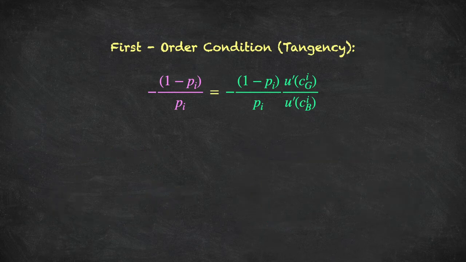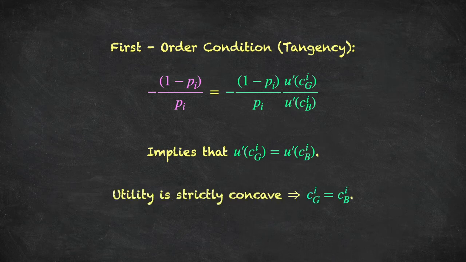And of course, this means that the ratio of marginal utilities term has to equal 1. And so at the equilibrium contract, the marginal utility of consumption in the good state has to equal the marginal utility of consumption in the bad state. Now, remember that we've assumed utility is strictly concave, and so marginal utility is always changing. As consumption increases, marginal utility is decreasing. It's always positive, but it's always decreasing as we increase the level of consumption. And so the only way this equation can hold is if